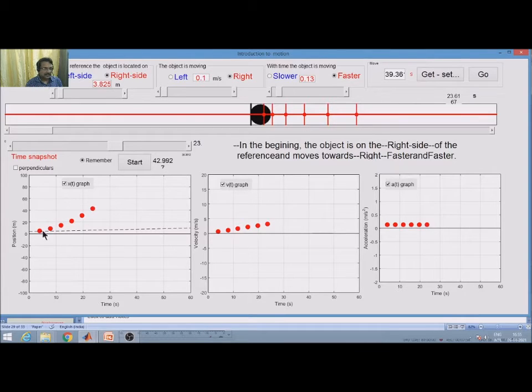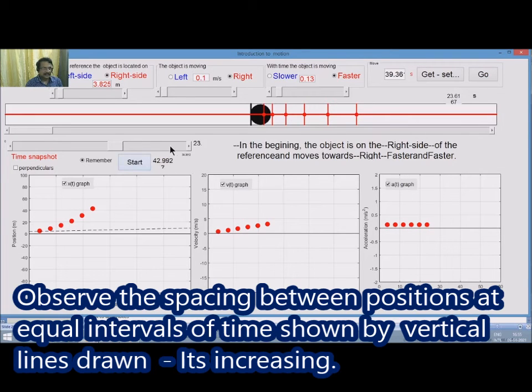So as we can see, this is the position-time graph, which is like x squared, and this is the velocity-time graph, which is a straight line, and the acceleration is constant, that is 0.13 meter per second squared. So practically, in most of the undergrad textbooks, the acceleration is constant. Hence this graph is not shown routinely because it's just a straight line parallel to the time axis.